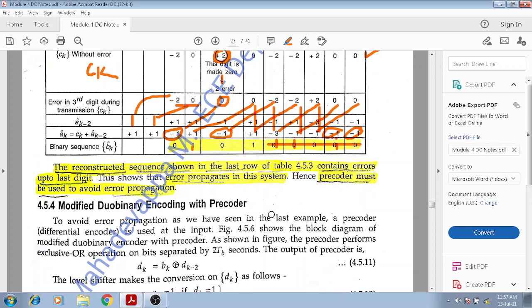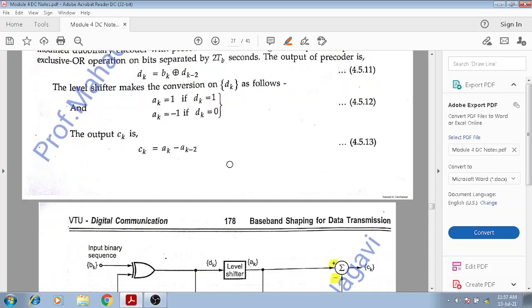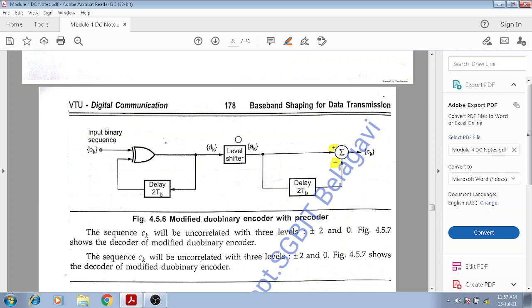So here is the modified DO binary encoding with precoder. I already told you the precoder is nothing but a differential encoder, performed using the logical network called XNOR. So this is the modified DO binary encoder,